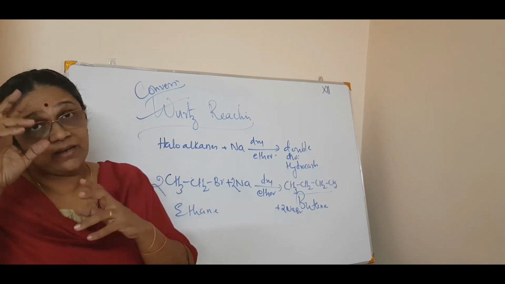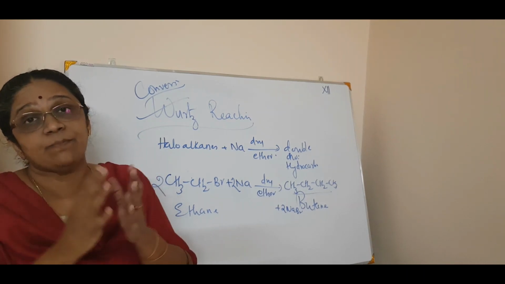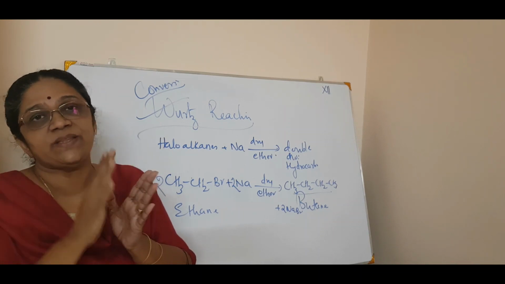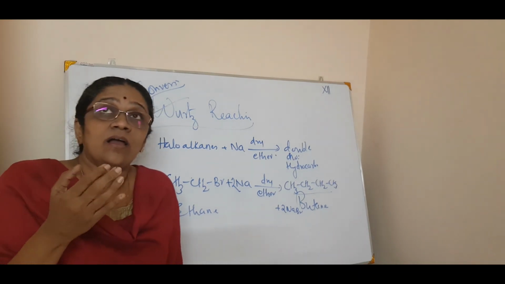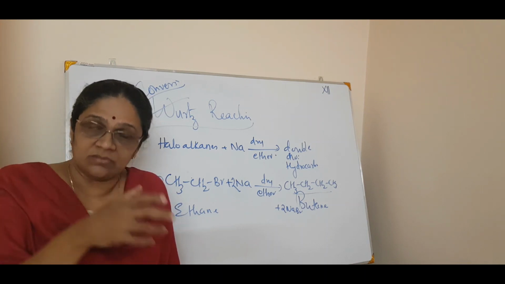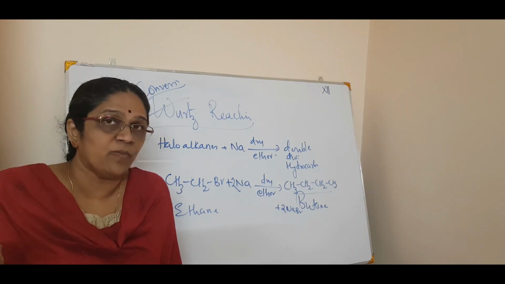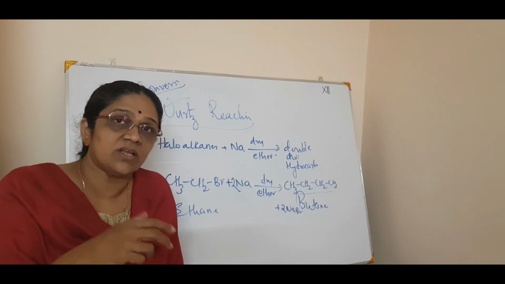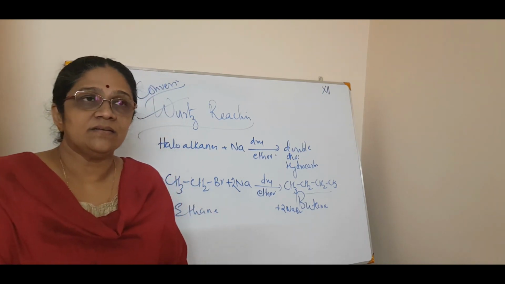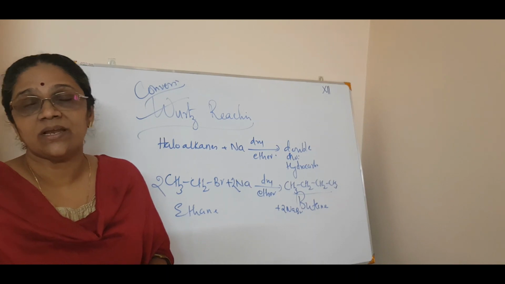Otherwise we have to revisit from the 11th standard how resonance happens in benzene, and how the negative charges move on resonance. So please go through the electron withdrawing group and electron donating group. The NO2 group is an electron withdrawing group, whereas Cl is an electron donating group. So just go through all that in the 11th standard portion. Then that's it. Next session we will see the substitution in haloarenes. So till then, thank you.